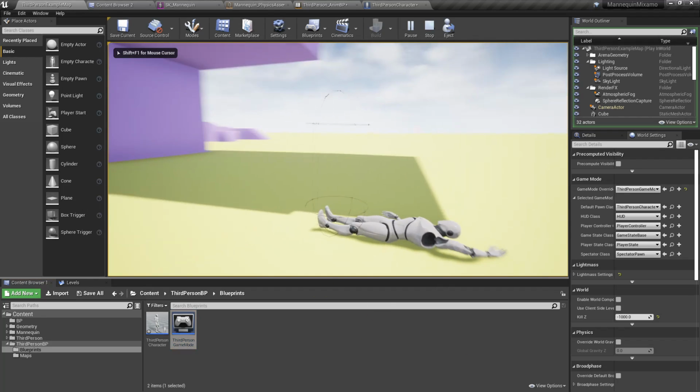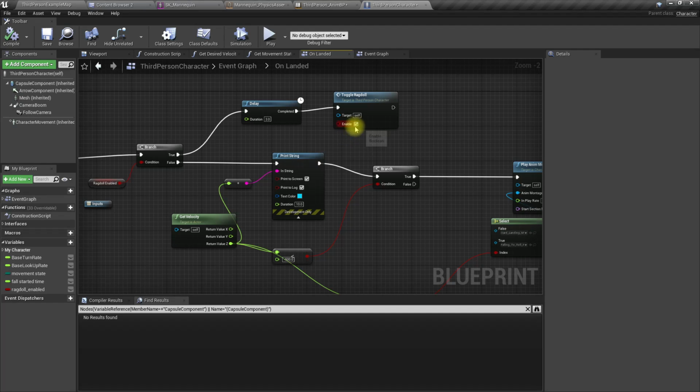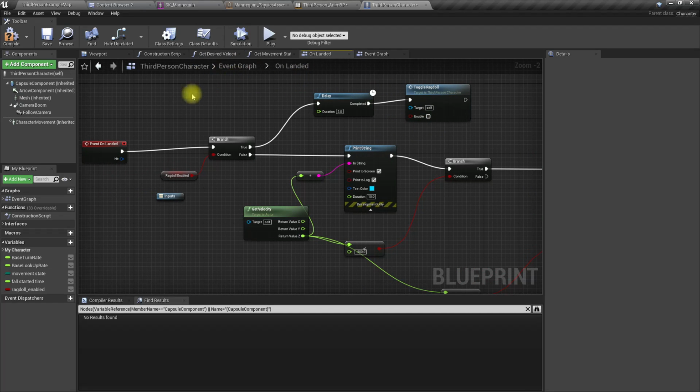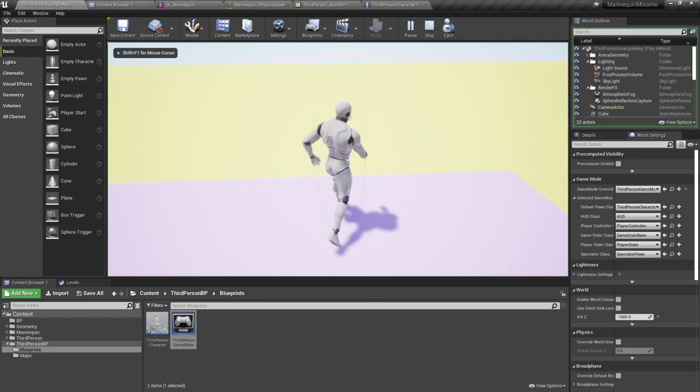Still didn't get disabled. Let's check. Sorry, this should be false here in the onLanded event. Sorry about that.